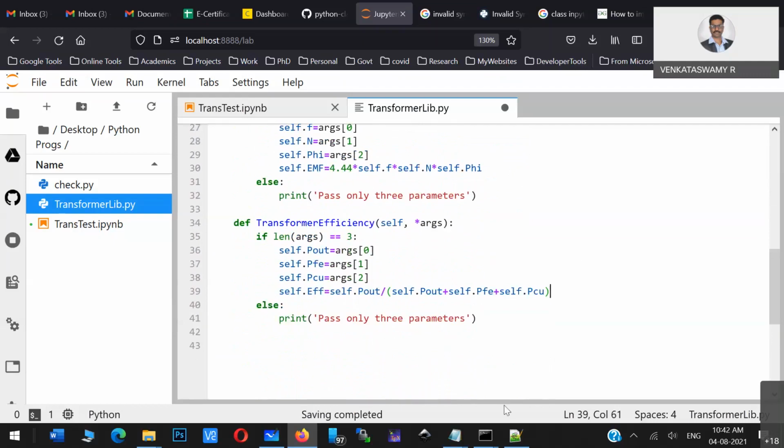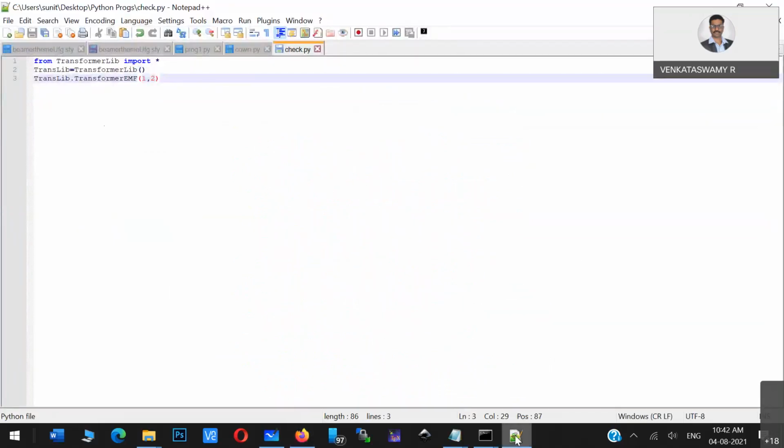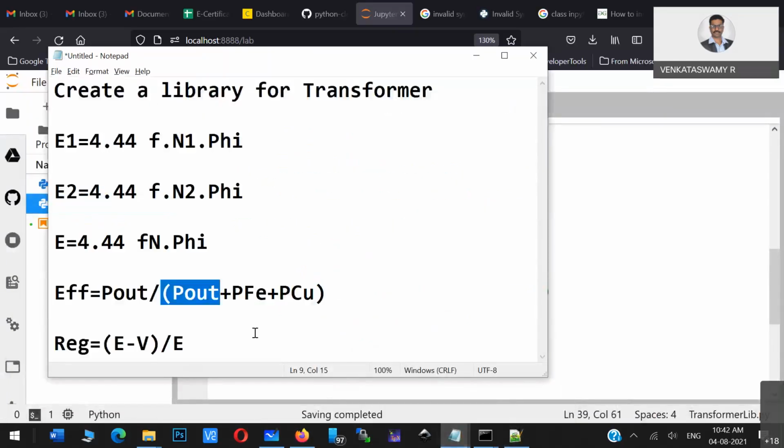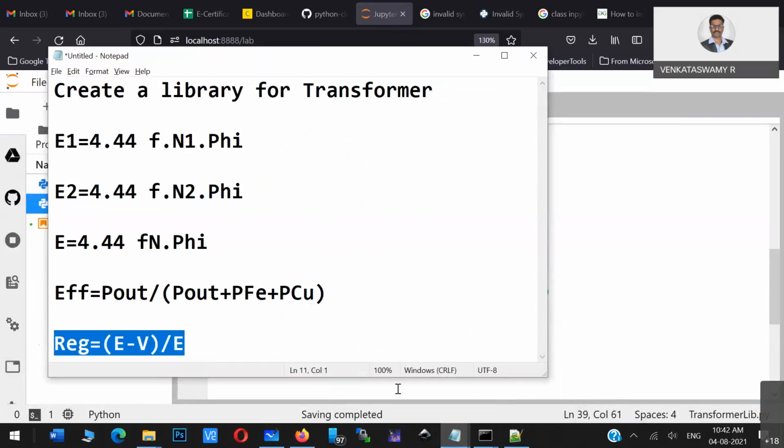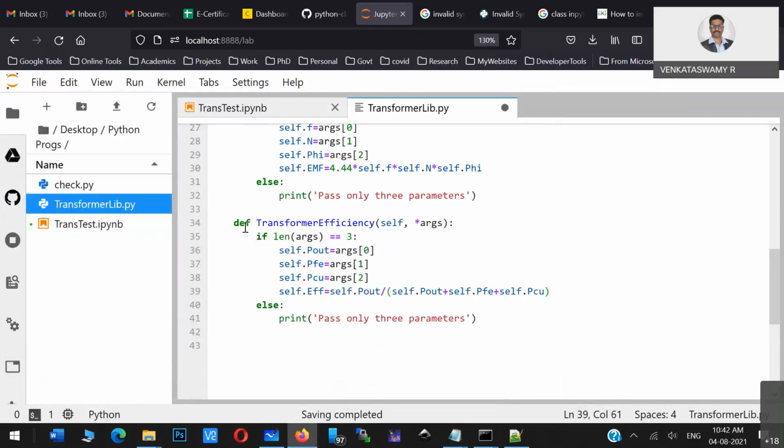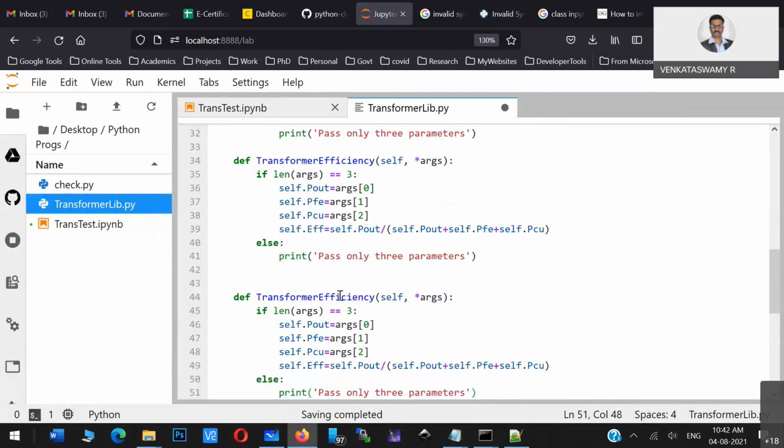Now let me quickly add the regulation also. Regulation is basically this model, and then I'll just take this one. I'll just define transformer regulation.